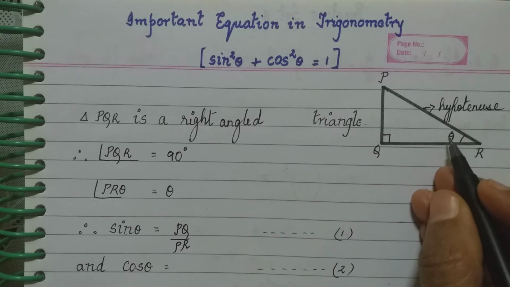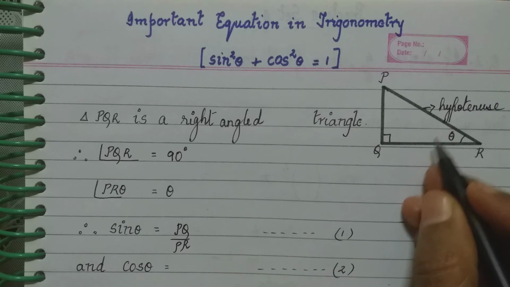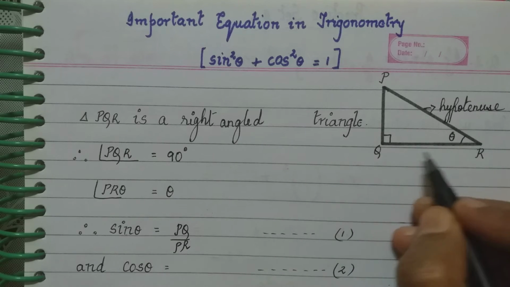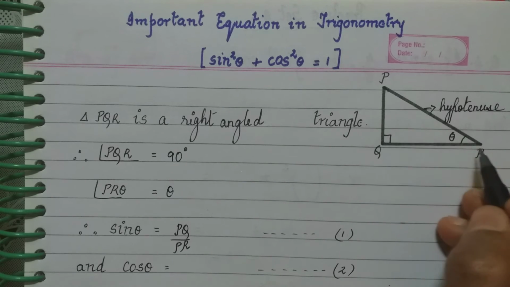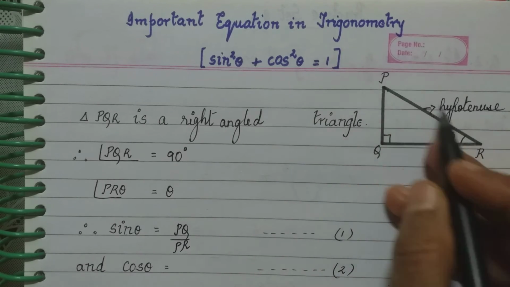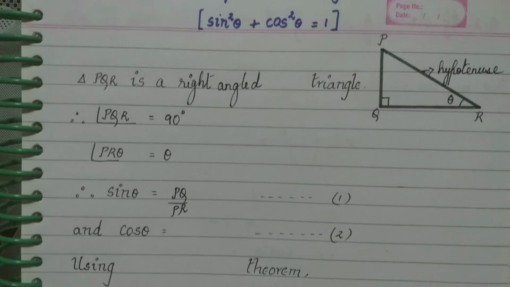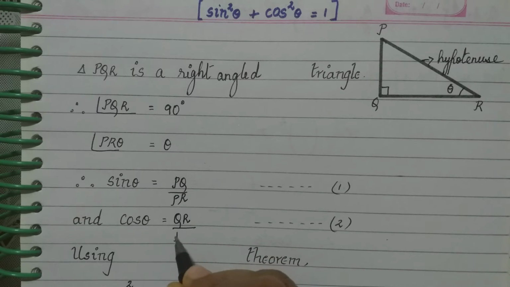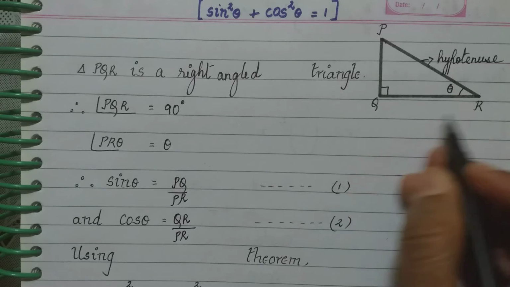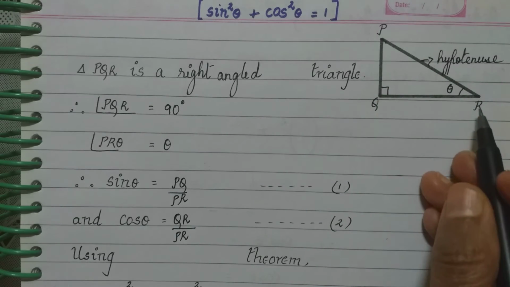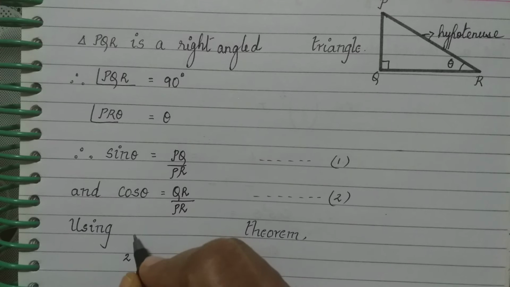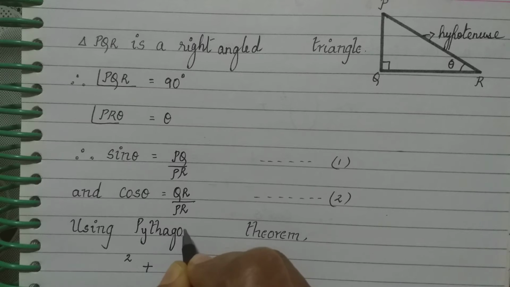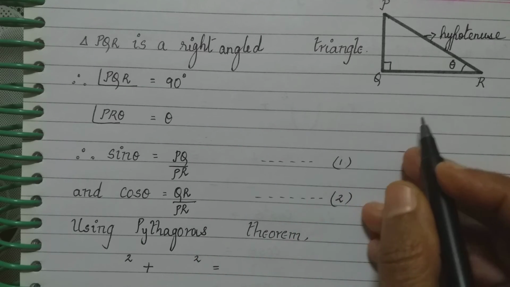Now going to cos theta. Cos theta is adjacent side upon the hypotenuse. The adjacent side, just next to theta, is QR and the hypotenuse here is PR. So cos theta is equal to QR upon PR. Now since this is a right angle triangle, we can use Pythagoras theorem in this. So we write here, using Pythagoras theorem,